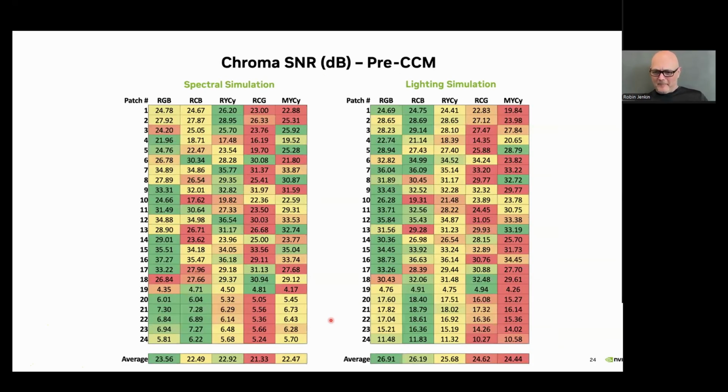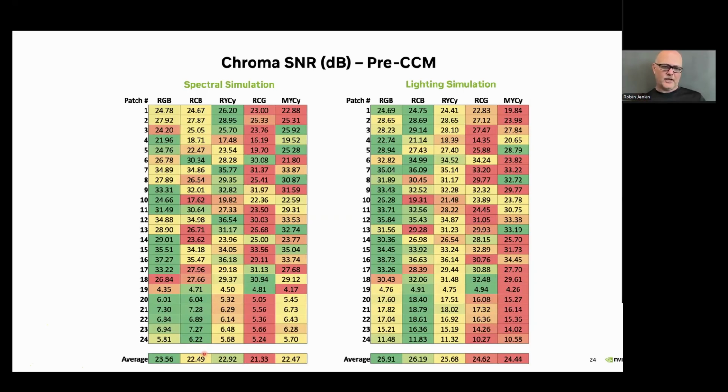Chroma SNR, this was a little bit of a head scratcher, and still is a little bit of a head scratcher, actually, to be honest. So this is looking at the noise in the A and the B channels after conversion into the LAB. We get broadly the same trends, with the RGB coming out ahead, and the MYCY and the RCG coming out to be the worst, or around about the bottom. But we've got a couple of